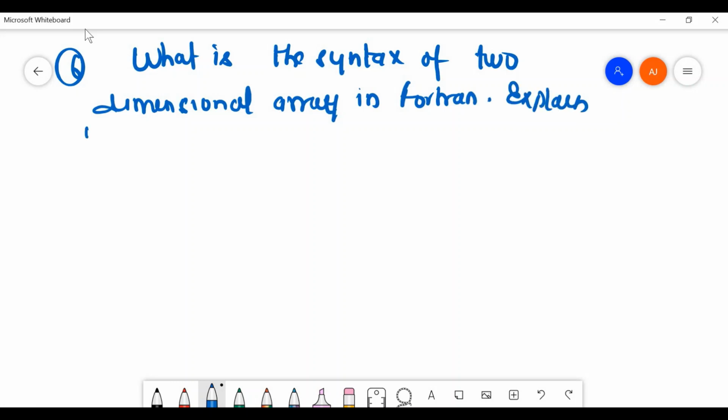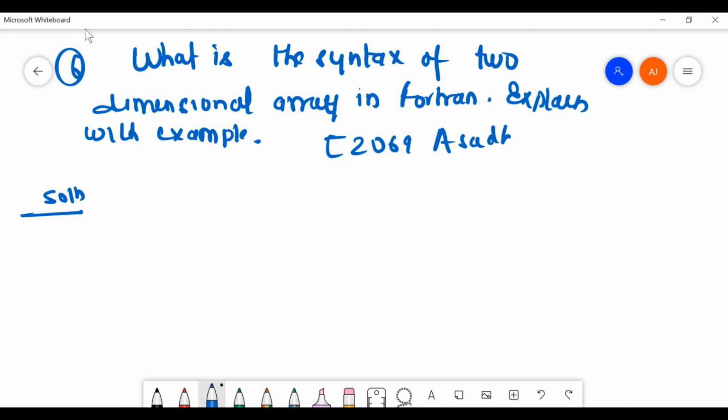Explain with example. So what is the syntax of a two-dimensional array in Fortran? The answer will be, this has been asked in 2069 ASAD. So the solution is: